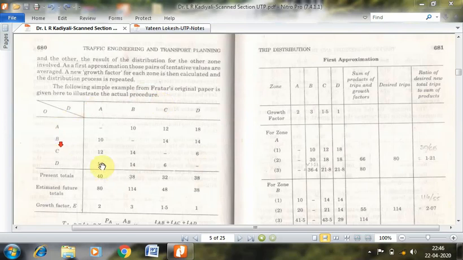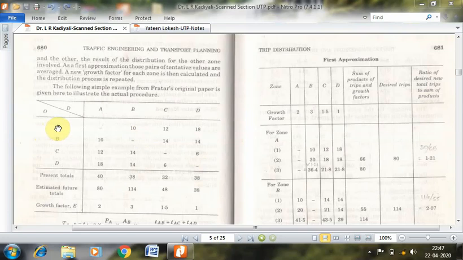So I think you are already aware of what this matrix is. It is what we call in transportation planning language an OD matrix. Along the y-axis you will have the origin zones, and along the x-axis you will have the destination zones. So there are basically four zones here: A, B, C, and D. The interzonal movements and the trips between these zones are indicated here as the matrix elements. Now you can observe that the trips taking place within a zone are not taken into consideration. Only the trips taking place between two different zones are taken into consideration.